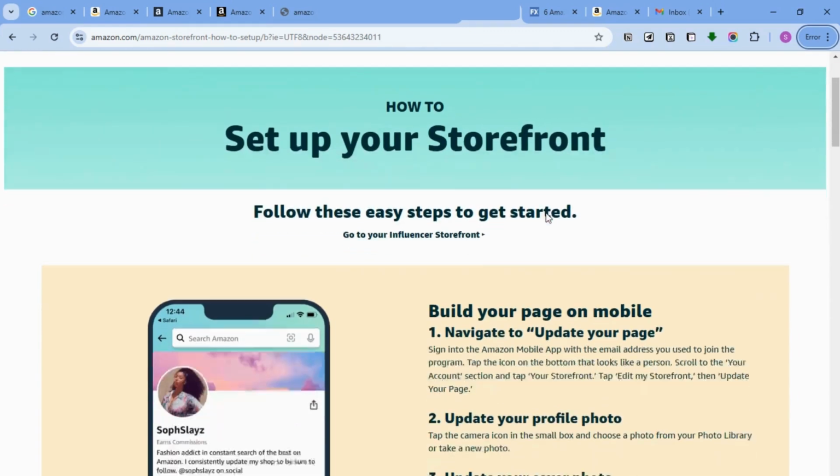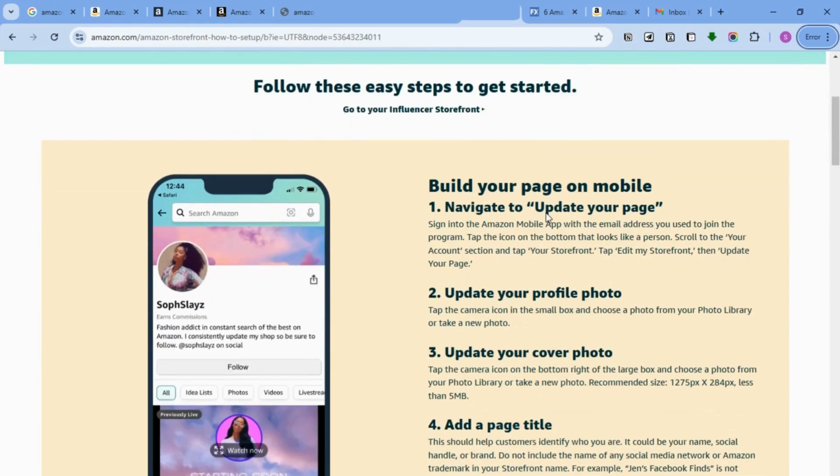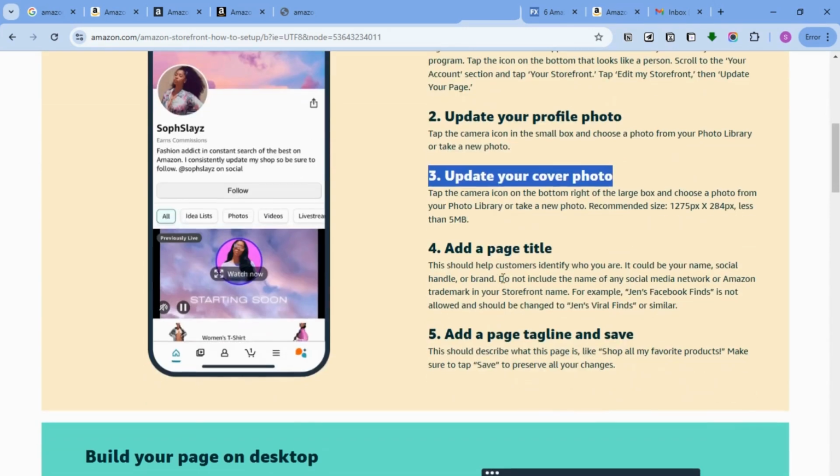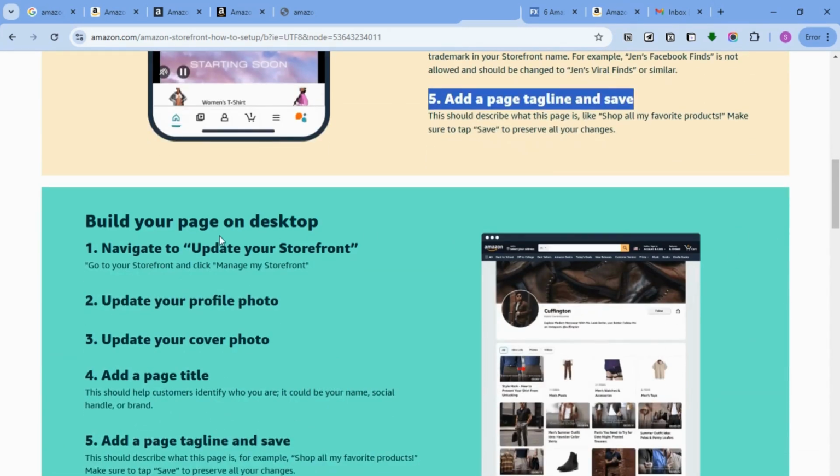Now, once you're enrolled to Amazon brand registry, it's time to set up your store. So these are the steps to get started. Build your page on your mobile. You can do this on your mobile or your web browser. Update your profile photo. Of course, update your cover photo, add a page title, and add a page tagline and